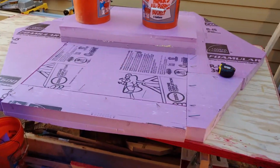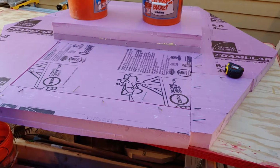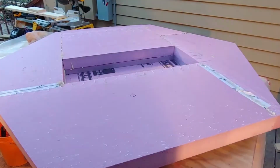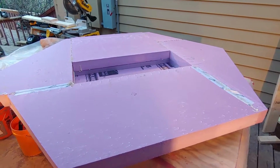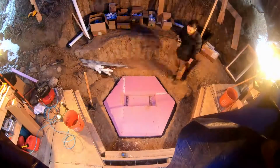The horizontal layers are Owens Corning Formular 600, which is 3 inches thick, and that has a high compressive strength of 60 psi. It's likely that this hot tub, when it's filled with water, is going to be about 15,000 pounds or thereabouts. The panel was glued with polyurethane glue, and once dry, fitted into the bottom of the gravel